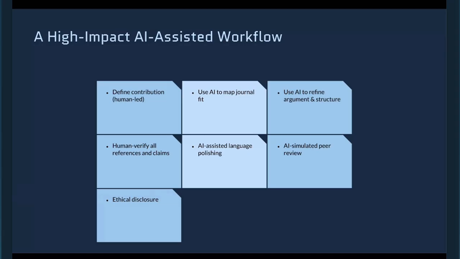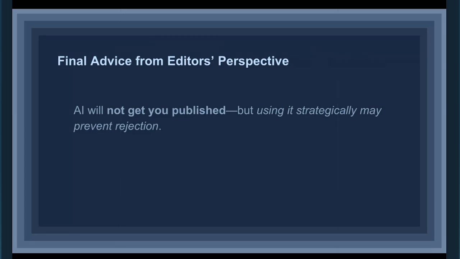Basically, we're trying to control plagiarism, and we are trying to make sure that we are not going to take credit for the information which is presented by the AI to us. All right. So from the advice of the editor's perspective, AI will not get you published, but using it